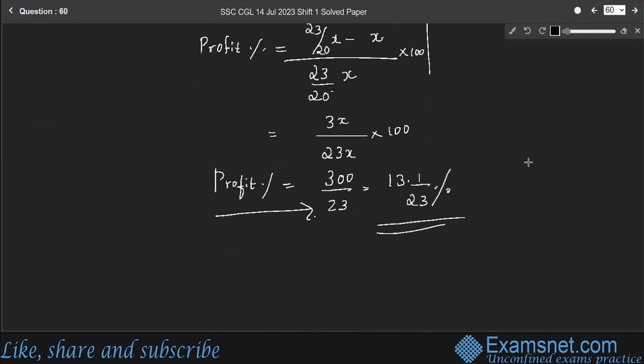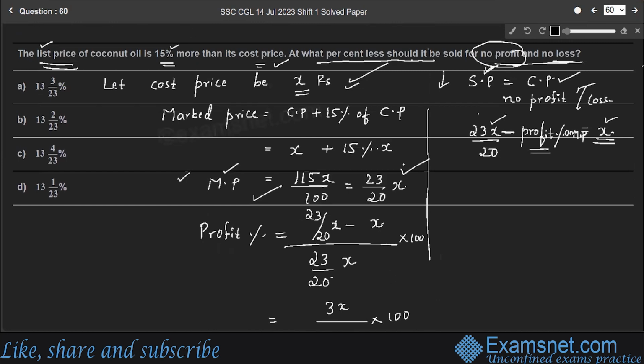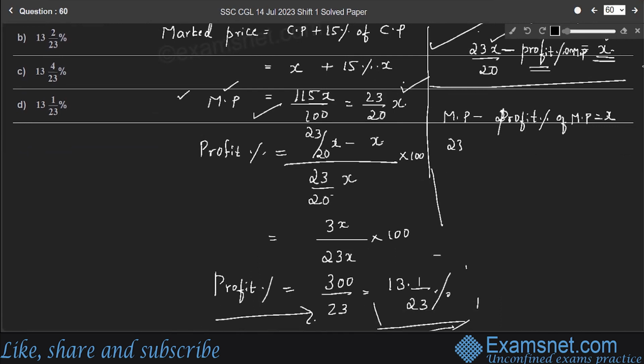So at 13 1/23% less, the article should be sold, or the coconut oil should be sold, for no profit and no loss, right? So for verification, you can consider this concept which I have explained just now. Market price minus the profit percentage of market price should be equal to x, right? Here the market price is 23x by 20 minus the profit percentage, directly you can consider 300 by